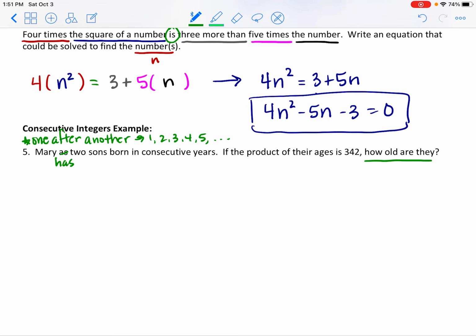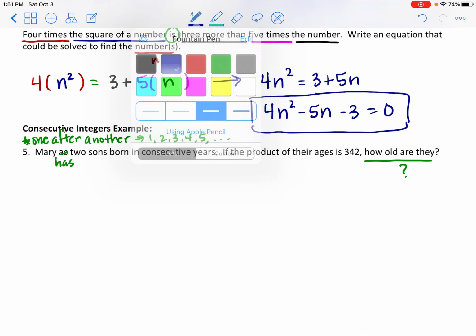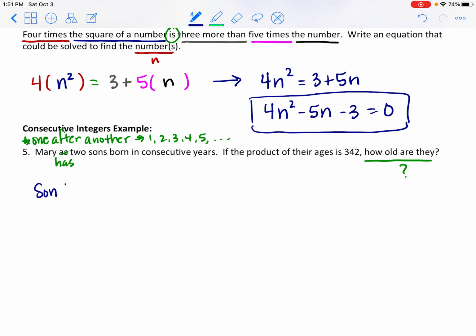That's our question. So we have son 1, and then we have son number 2, the first son and the second son. What are their ages? Well, let's say the first son is X. Well, we don't know the age of the second son either, just like we didn't know the base and the height or the length and the width, but we don't want to make 2 variables. Alright? So the second son's age, we're going to have to put in terms of the first son's age,